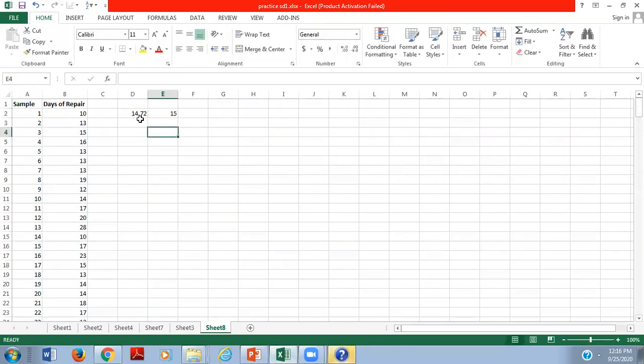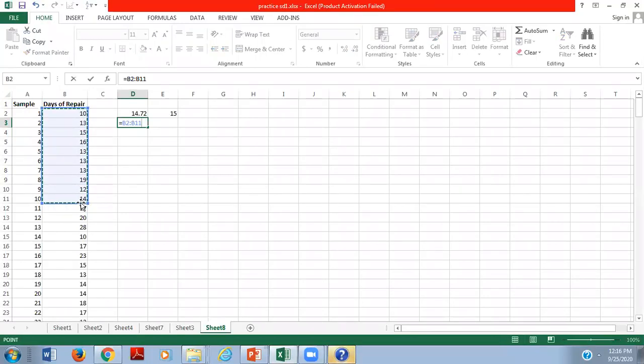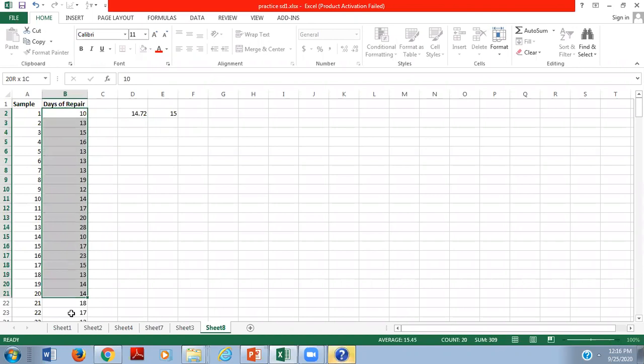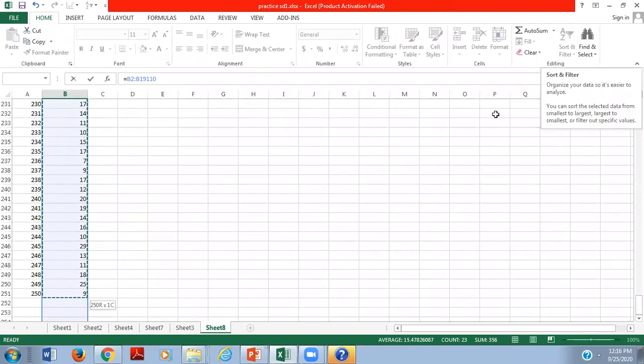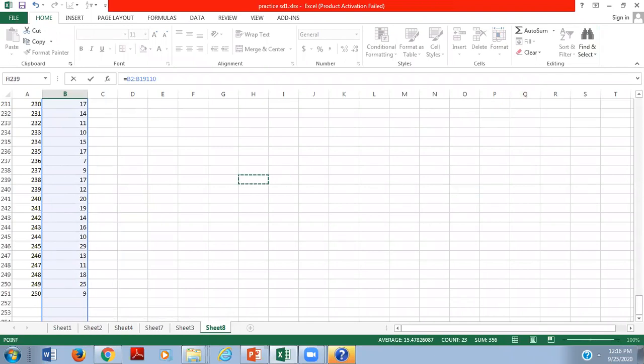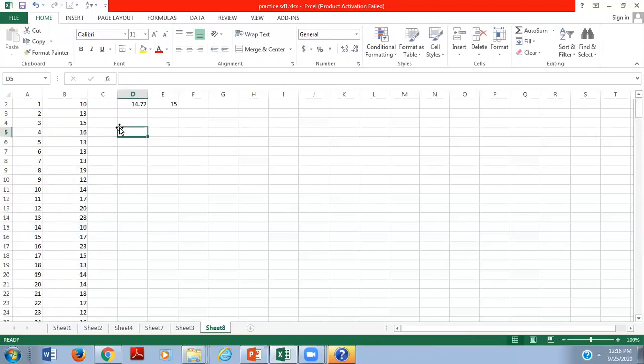Now we're going to calculate the median. So first, for the median, we have to select the range and we have to sort it from smallest to largest.